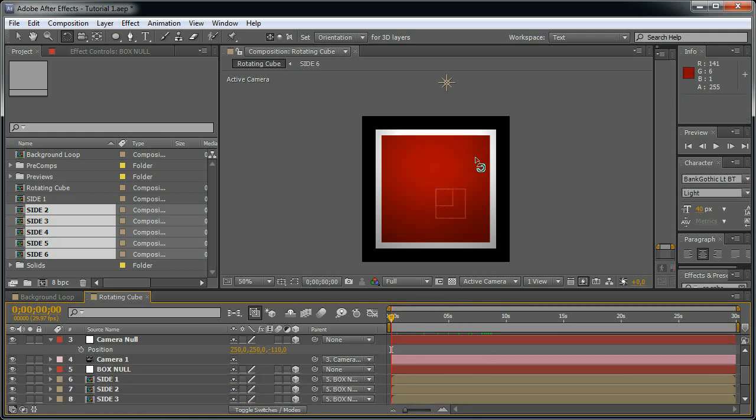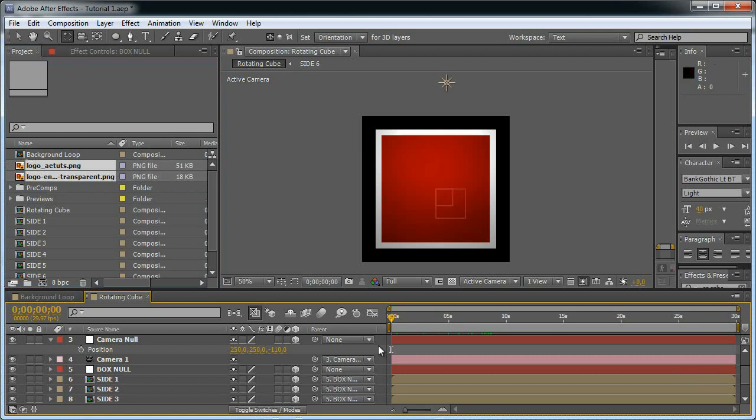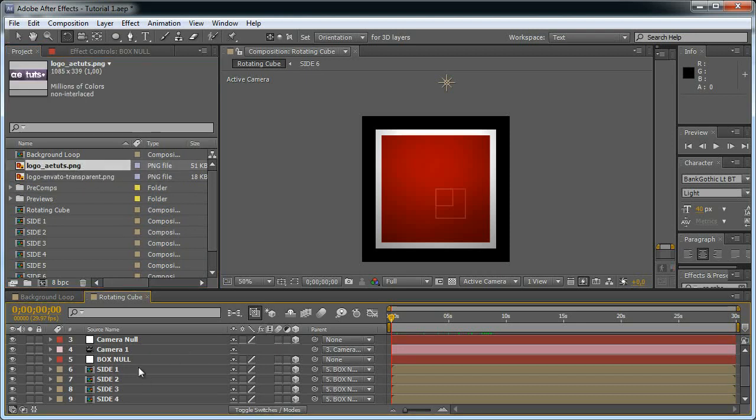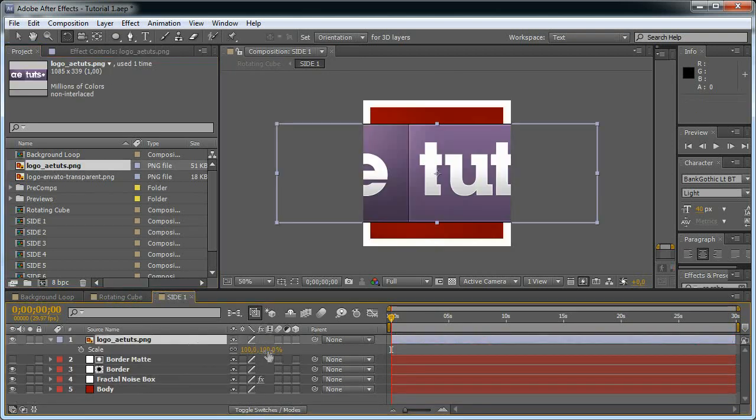So you need to put your logo inside. For example, give me a second to get the A-Tuts logo and Video Hive logos and put them right into the cube. Well, here are the logos of A-Tuts and Envato, because I found them in a single folder and wanted to save some time. So for the side one, I'm going to put the A-Tuts logo right here,